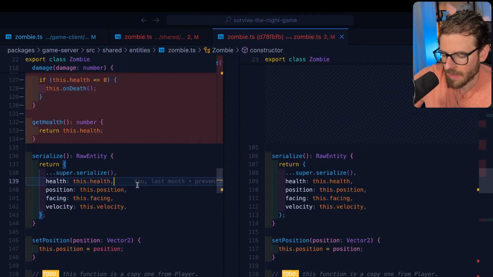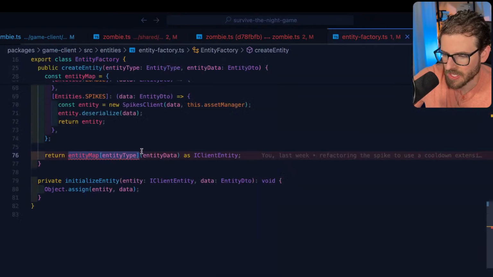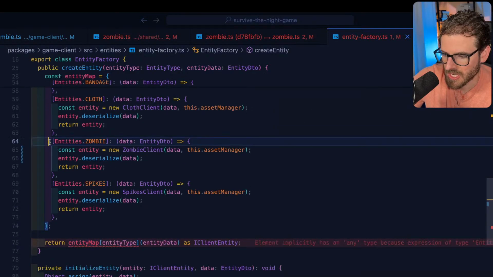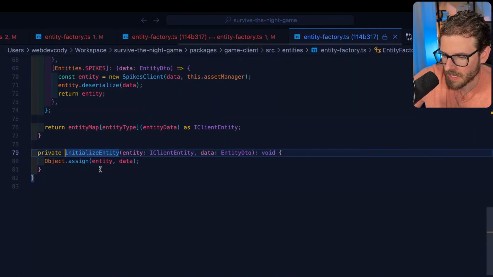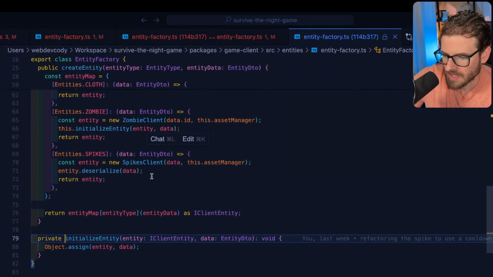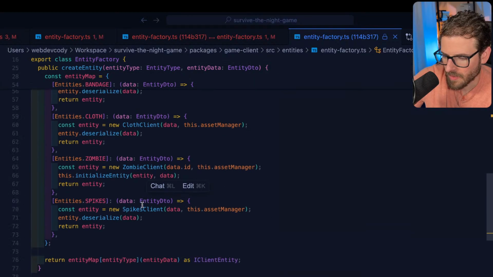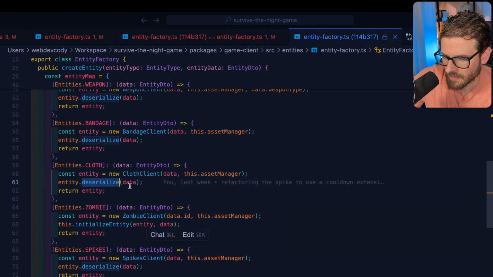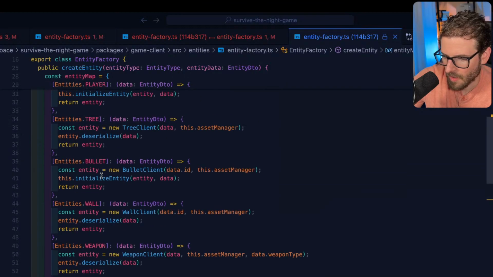I think you're right. I think actually the entity factory, we changed zombie. I think this is the issue. We changed this from initialize entity to deserialize. And I think when you do deserialize on the zombie client, oh wait, maybe I didn't.